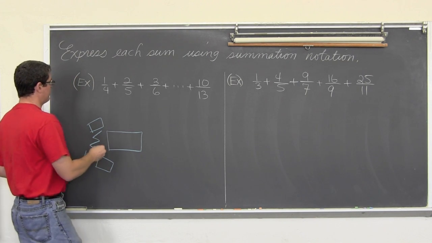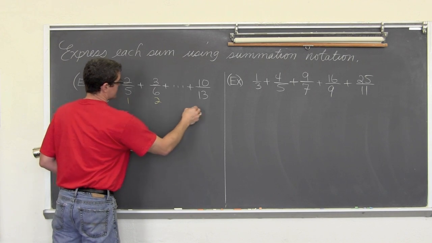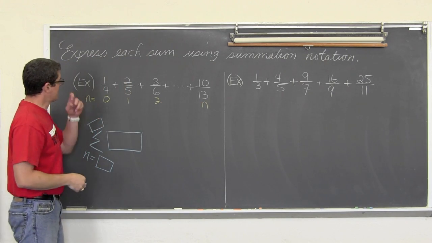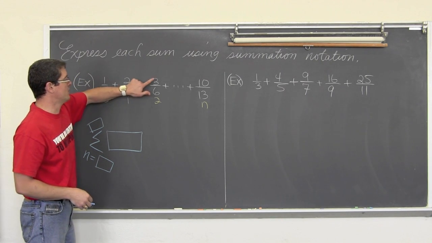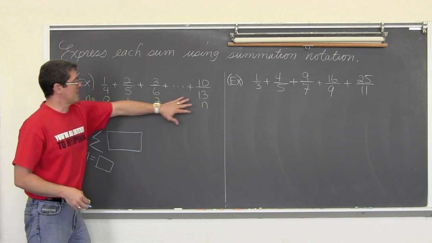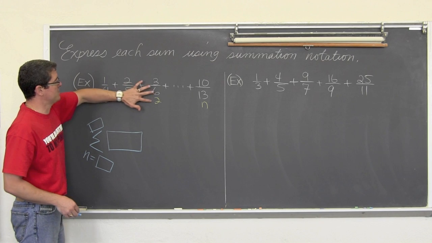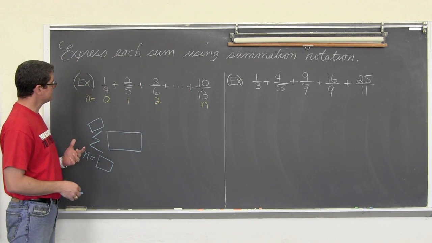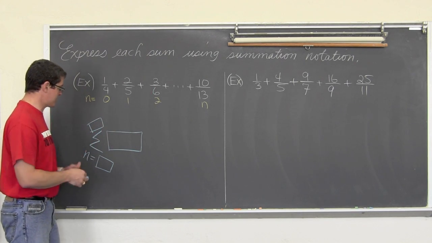We could say that n is equal to, let's start at 0, 1, 2, and then so on, and figure out what that last n value is for our last term, and go, well, how can I make a 0 into a 1 into a 2 into a 3, an n to a 10, and we'll scratch that last one, that's just the upper limit. And then 0 to 4, 1 to 5, 2 to 6. Now this is a very simple first example, and I can very easily come up with an expression here. And actually, let's go ahead and do that.